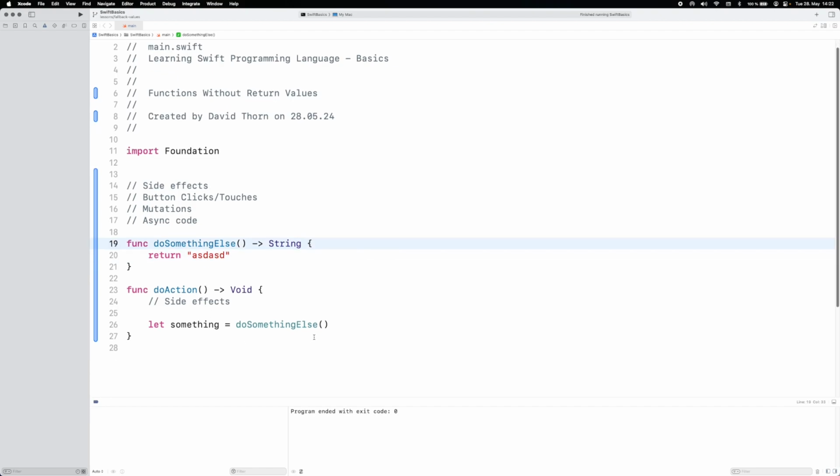Okay, so this is all I've really got to say: functions without return values may or may not have parameters, and they will always have the return type of void. You don't need to declare the void return type, okay? But one thing I've got to tell you is they will have side effects, and functions that don't have a return value, 99.99999% of the time, are